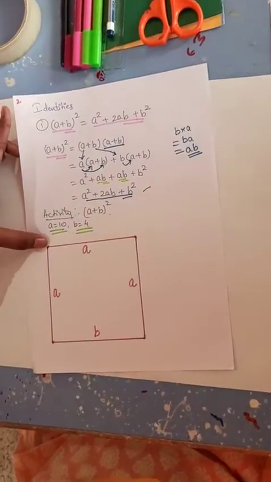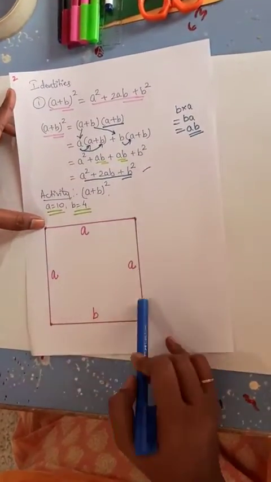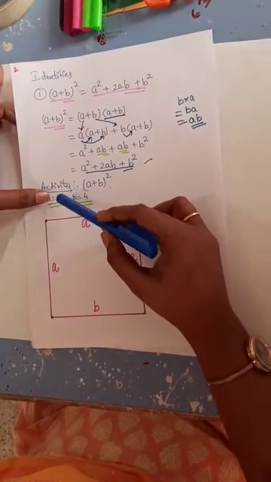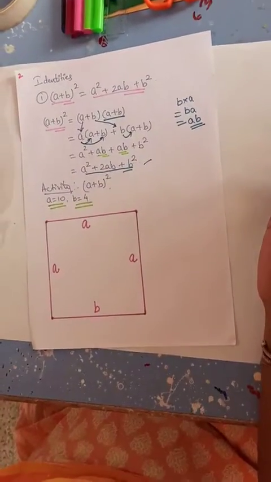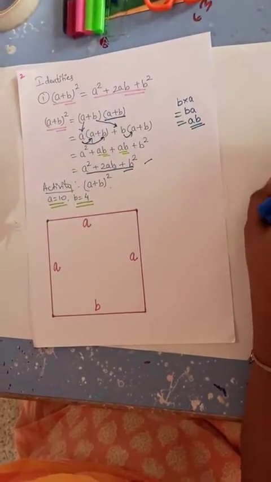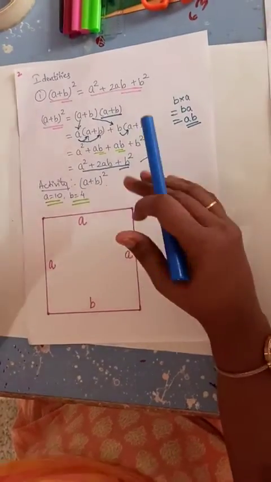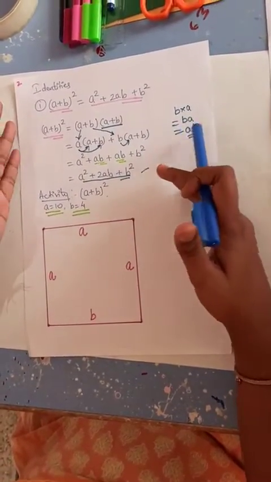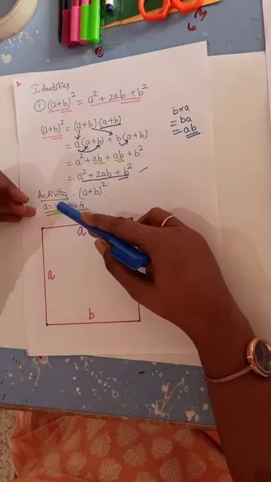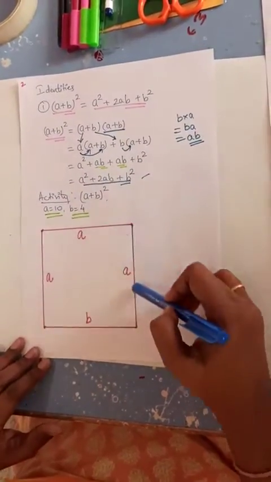With the help of a scale and pencil, we have drawn a square. The value is your choice, students. You can take any value which you want. But since the diagram will look a little bit more beautiful and bigger, I have taken the value as 10. So I have drawn a beautiful square.